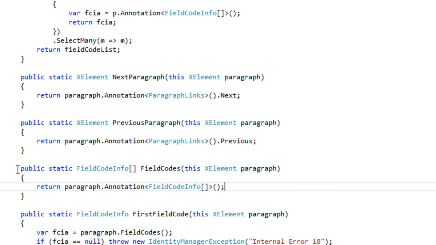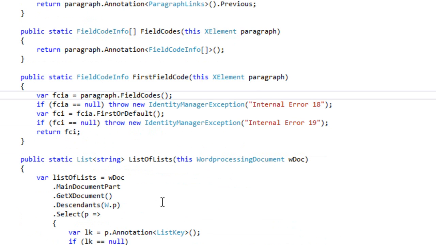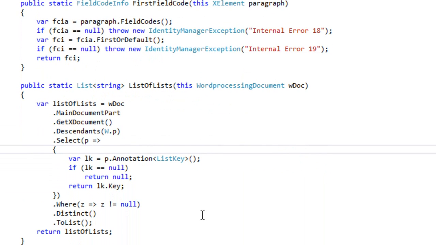For instance, this method here gets the set of field codes for a particular paragraph. And here, this FirstFieldCode gets the first field code for a particular paragraph. This ListOfLists